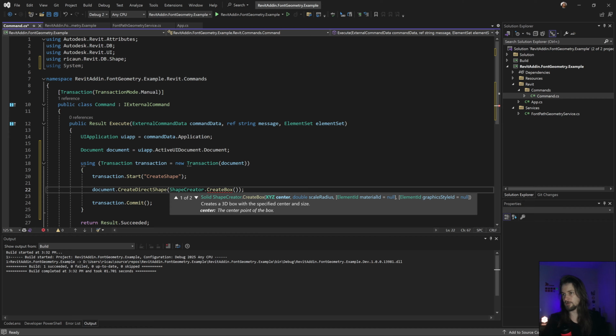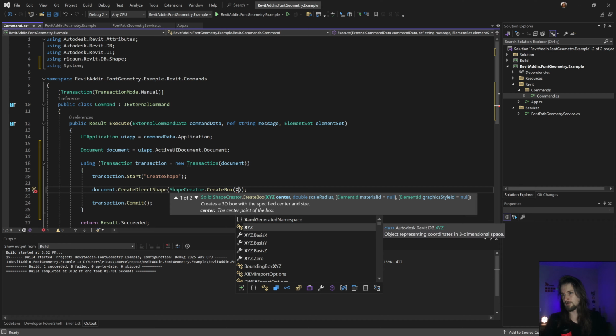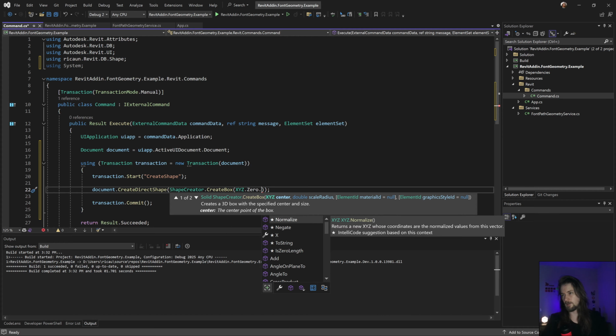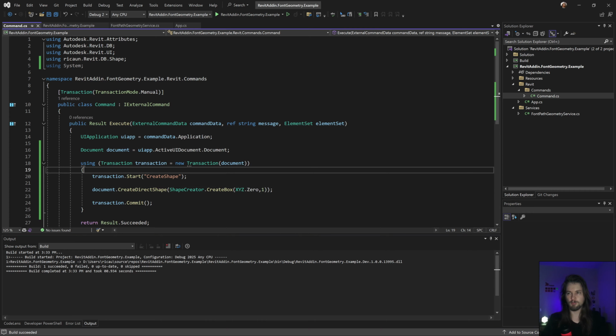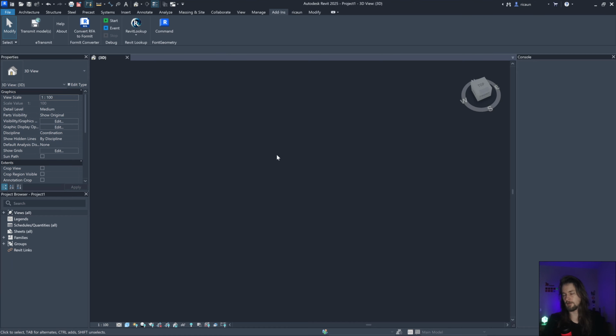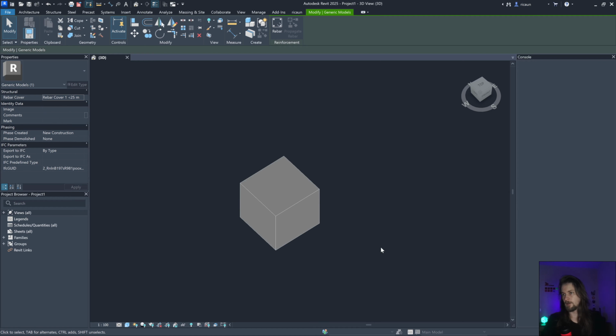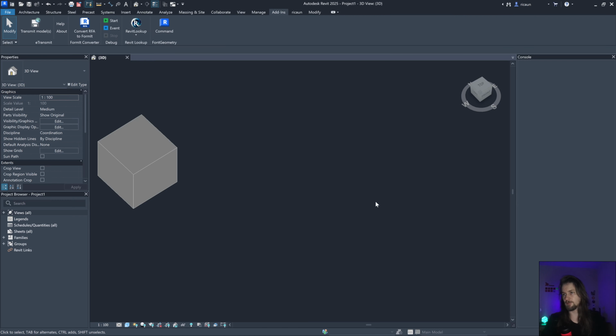I can create a box just to show: I need the center point, like 0, and scale 0.1. Let's execute this command, and here's my box. If I execute the command again, I'm going to create a new box.